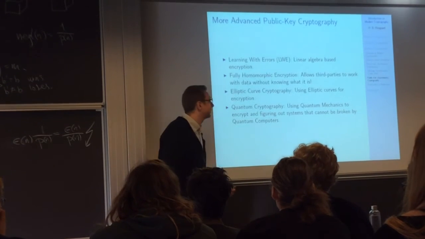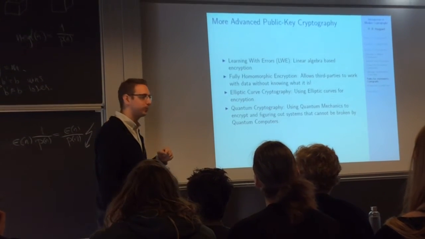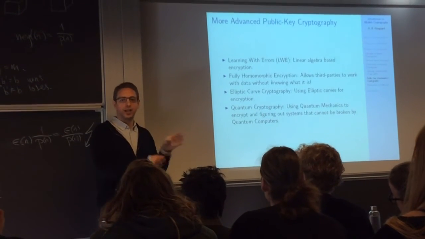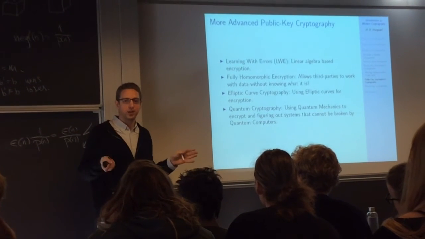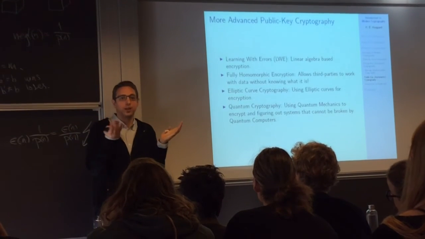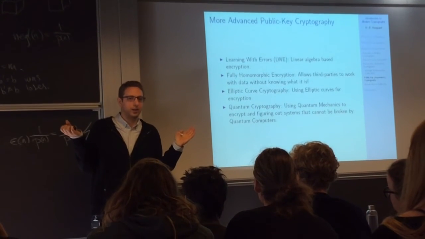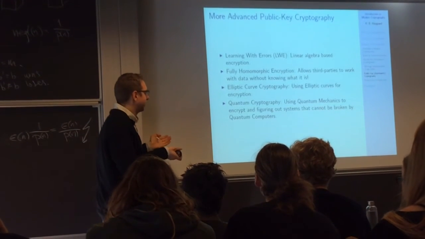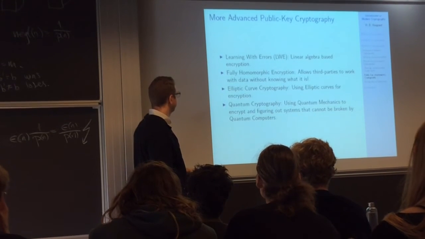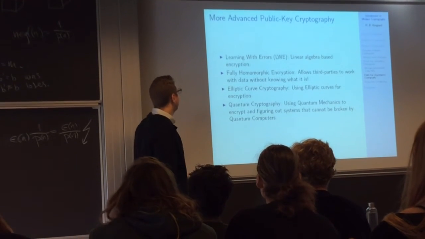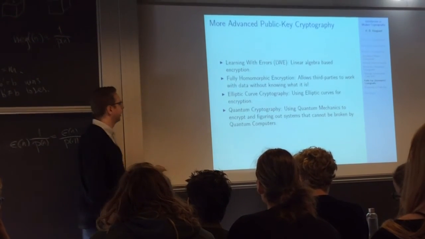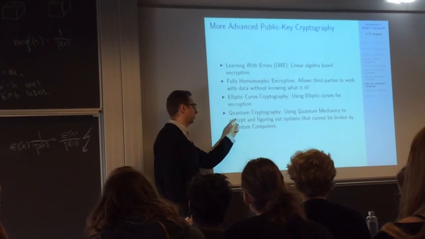Fully homomorphic encryption is actually pretty cool because it's what Google uses. You can encrypt something, and then you can send it through Google, and they can do whatever you want with all the information, without having any idea what the message is, and then send it back to you, and they've done stuff to your message that you wanted them to do. It's kind of weird, but it basically allows you to send secret things, and Google doesn't know anything about it. But they still work for you, it's awesome. Elliptic curve cryptography, if you're into number theory and stuff like that, would definitely be a way to go. And then there's quantum cryptography.